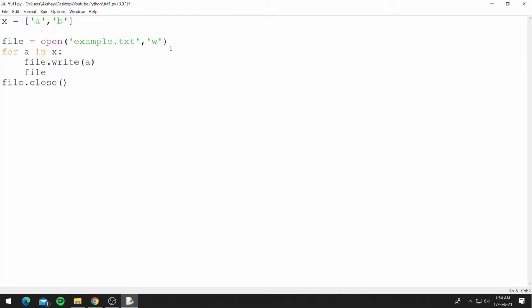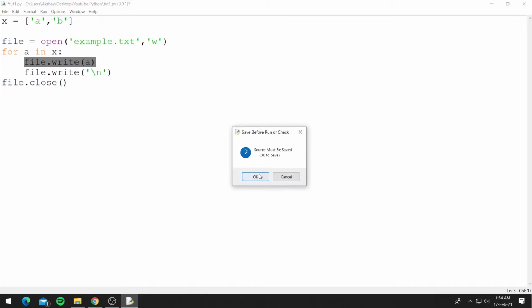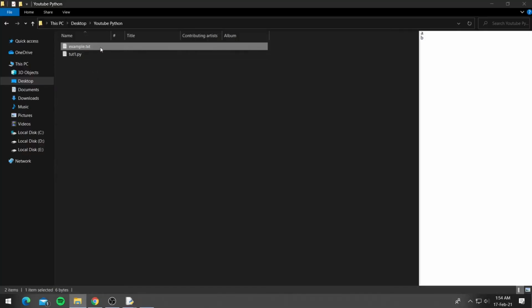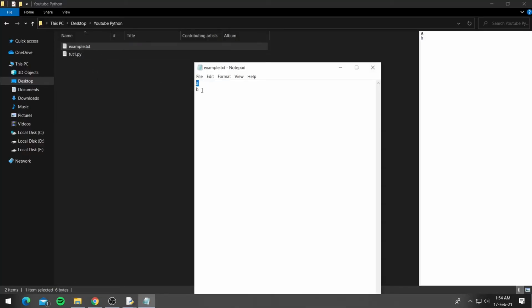So file.write and \n. So file.write will write a first and then use the \n to create a new line, and then write b and then create a new line. So let's run this and see what it does. Let's open our file, and you can see it added a and b on new lines.